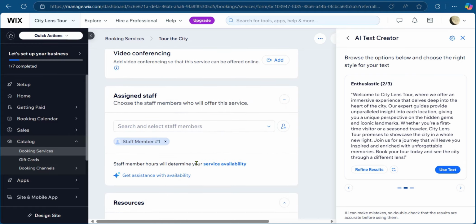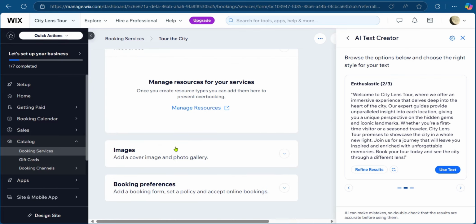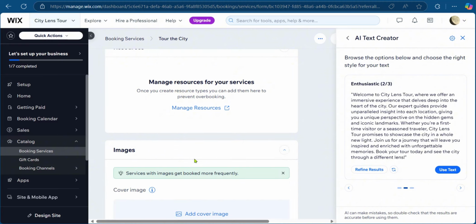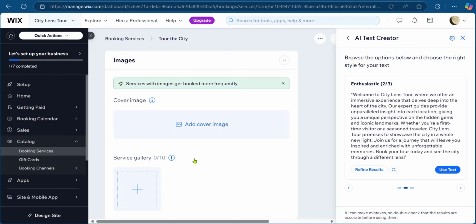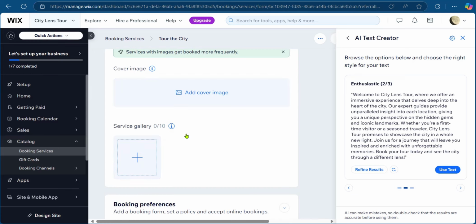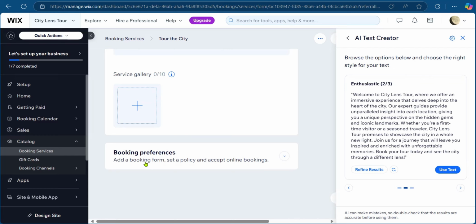Now, in the previous processes, we had the option to add a staff member, such as ourselves, and other service members in our team. And then when you click on this button, you have create a new staff member. And then right here under images, you have add a cover image and photo gallery. Now this is great and cool if you're trying to provide services as city tour. Here you can basically put as many images as 10 in the service gallery to whet the appetite of your tourists. And then here you have booking preferences, and the preferences are bordered around the policy, online bookings, and the